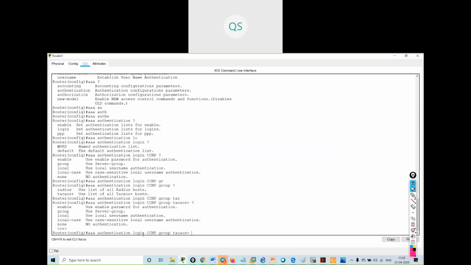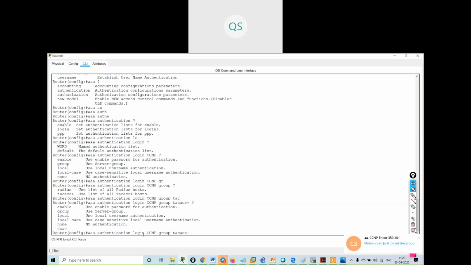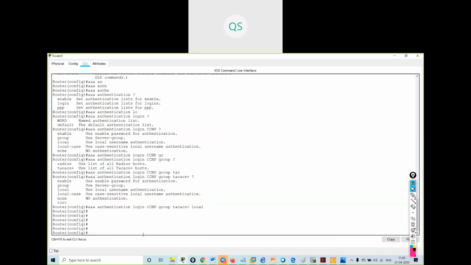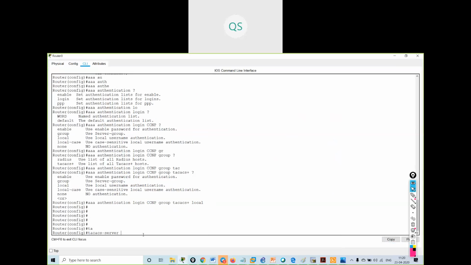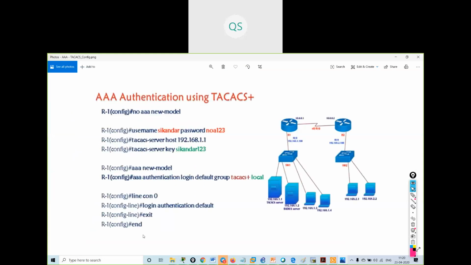If the TACACS Plus server is not working, then you have to go to the local authentication. Now I will use the TACACS server. The host is 192.168.1.1. I am configuring the TACACS server for 192.168.1.1.